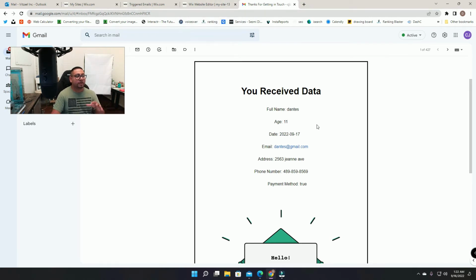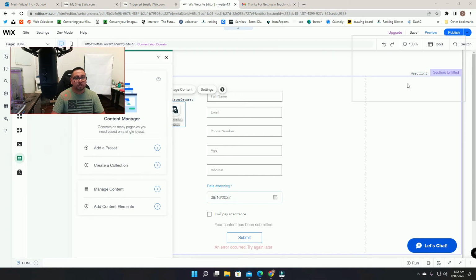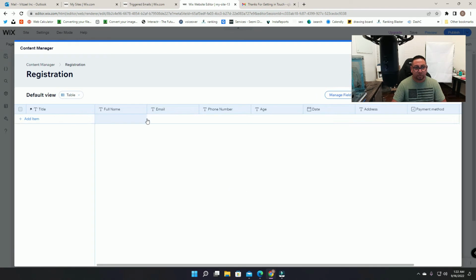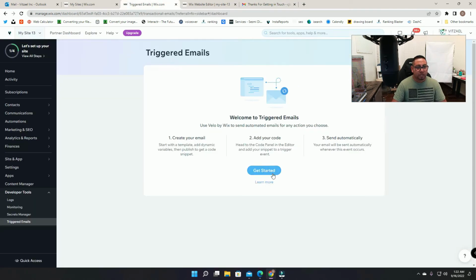So this is very, very helpful, because as you start creating websites, this is gonna be a very big concern if you start creating custom forms, and then let's say your client or even yourself, if it's your website, don't want to go into the content manager and see who submitted what information, right? So instead of going here and trying to read, okay, who submitted this information, you're gonna be getting it directly into your email. So that's very, very awesome. So we're gonna click get started,